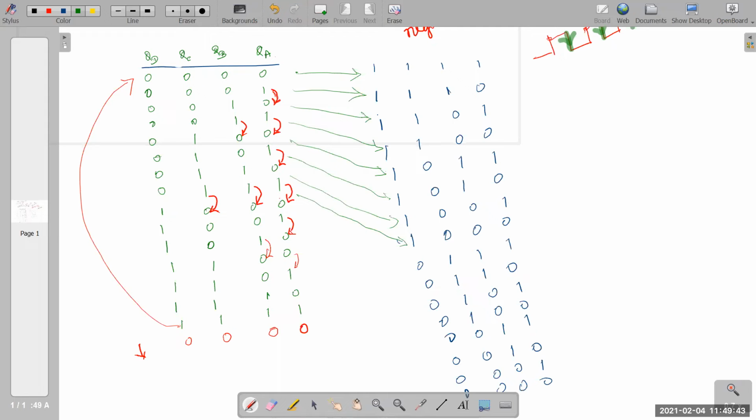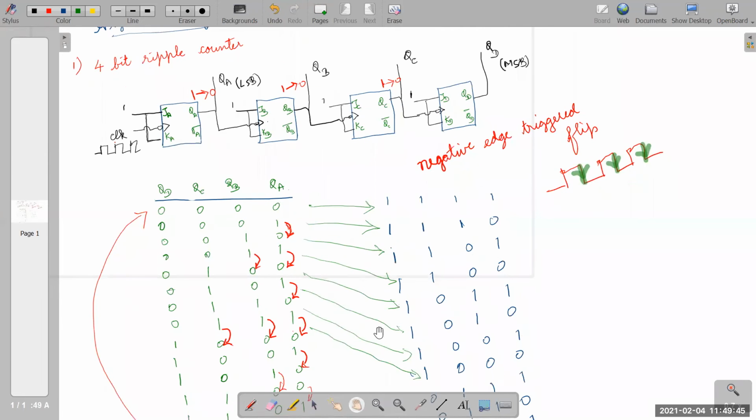Go back to the circuit now. Instead of taking the output from QA, QB, QC, QD, where should I take it from for a down counter? I give a hint. QA and QA bar are complements.